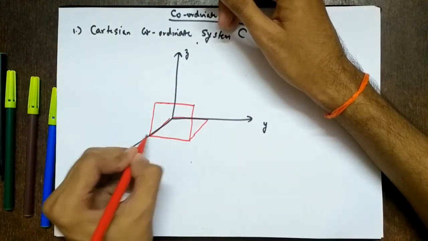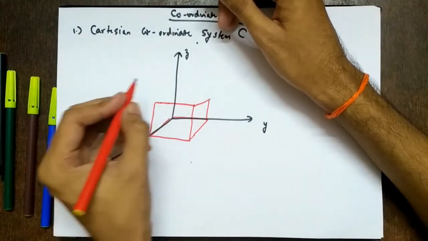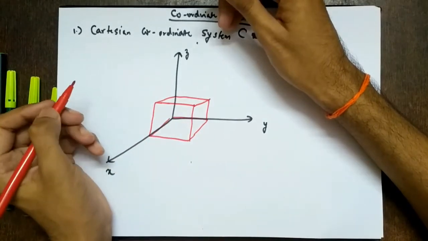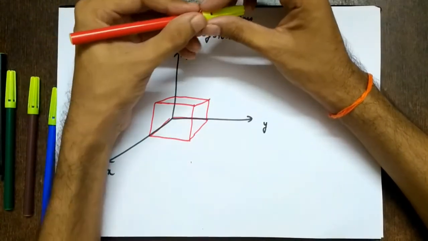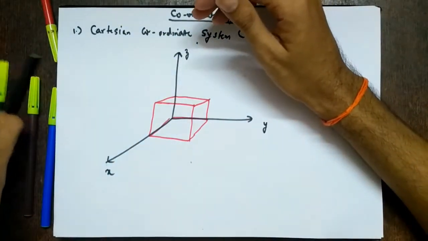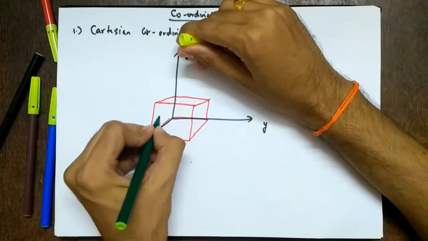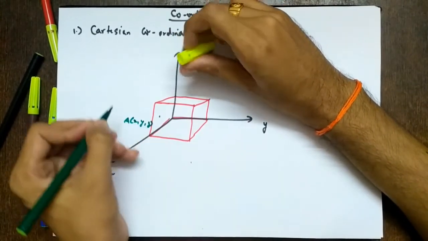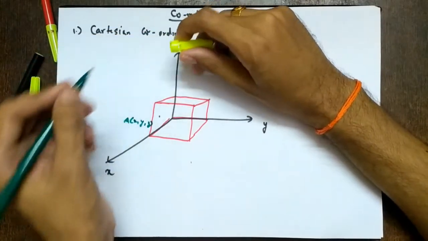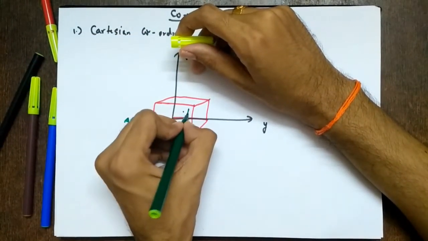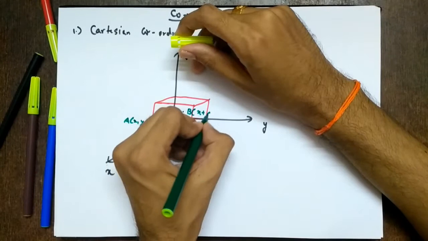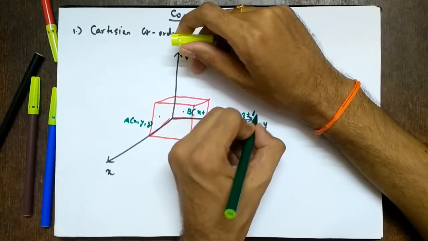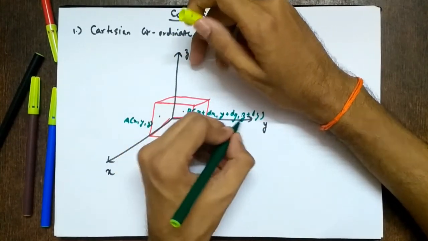Strictly speaking, it is very hard to explain this in a video lecture. It becomes very simple to explain in the class. But let's see how it pans out. I'll try my best. So this is a cube, and let's say I initially consider a point A having coordinates X, Y, and Z. Now I move to some other point B, which is X plus dx, Y plus dy, Z plus dz.